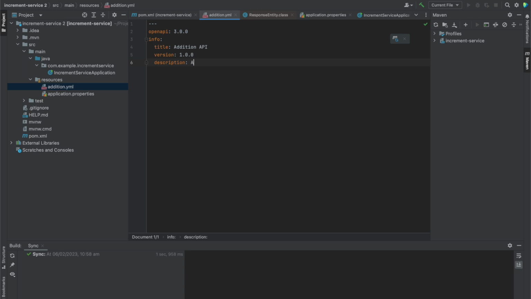Let's say addition API implemented with OpenAPI Codegen. So we can specify the tags over here, provide the name as, for example, addition,